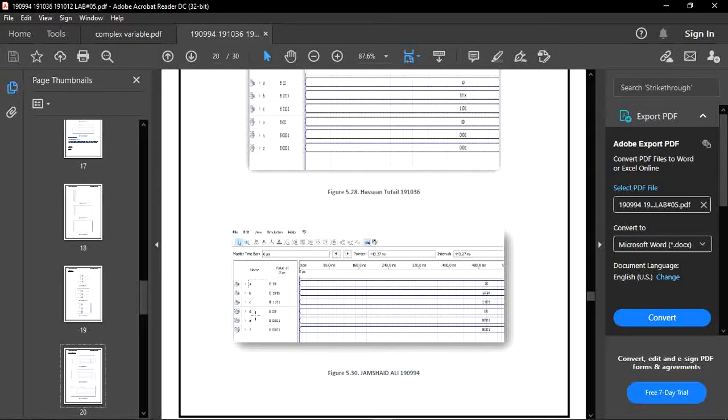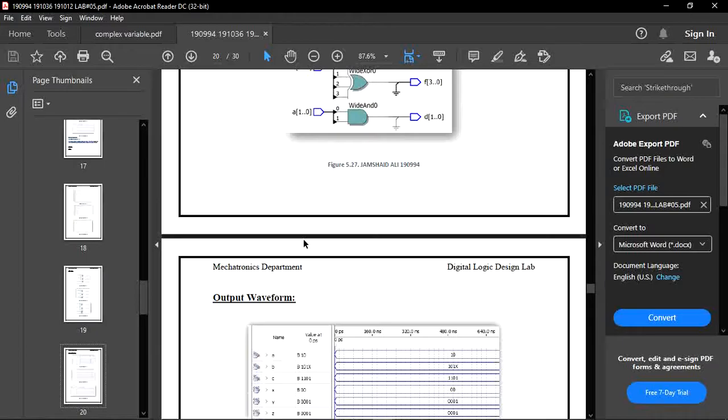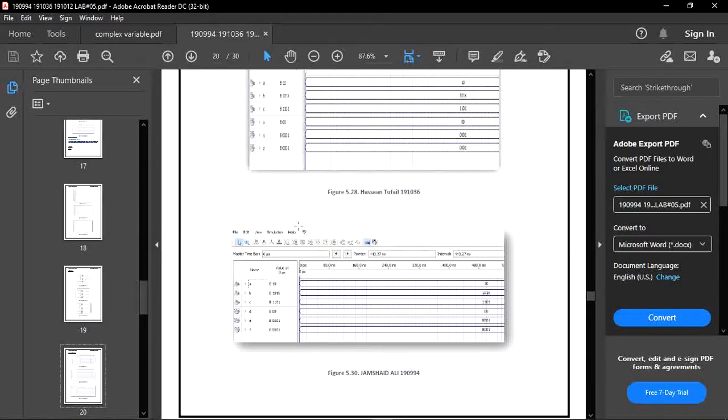Here you can see the function evaluates to 4'b00, which we have to show in our code. If the bitwise OR operation is performed, then our function becomes 4-bit 1, meaning 0001. And for the last operation, which is the XOR operation, our function will also give 0001.